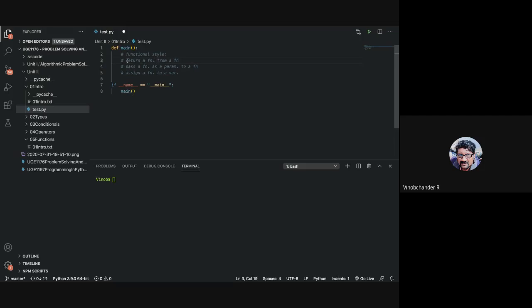So you can return a function from a function, you can pass a function as a parameter to a function, and you can assign a function to a variable. For the decorator function that we'll be seeing now, we make use of all these three patterns or aspects of the functional style. Before we see the decorator function itself, let us see some of these patterns to understand the style better.